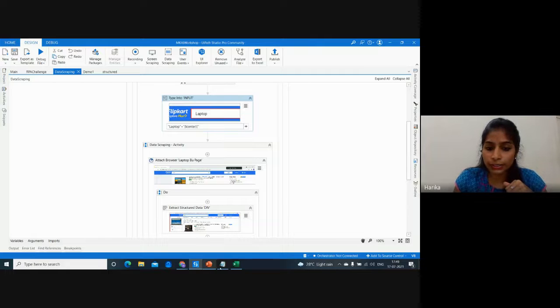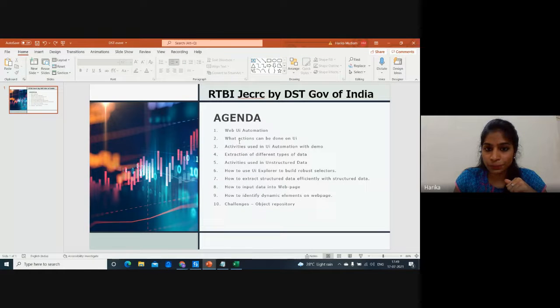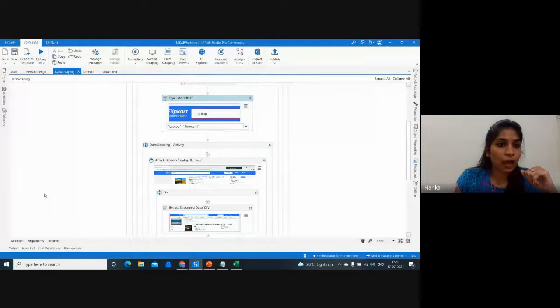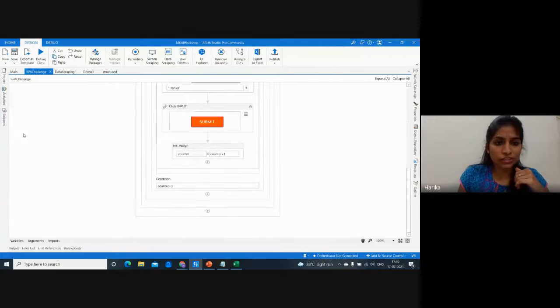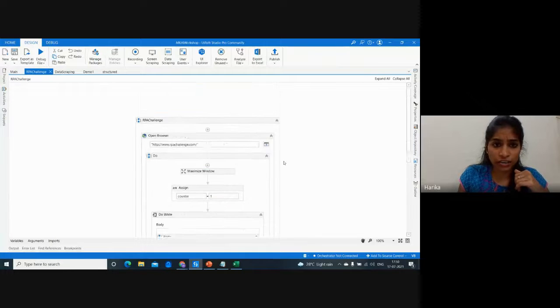And now till now we have seen what are the actions we can do, activities and different types of data, how we can extract unstructured. We have seen how we can use UI Explorer, and how to extract structured data, how to input data by using type into. And let's say now I'm going to show you one challenge, which is a very famous RPA challenge.